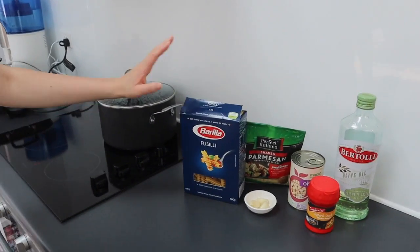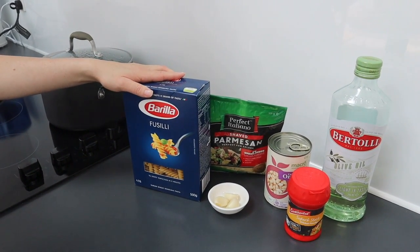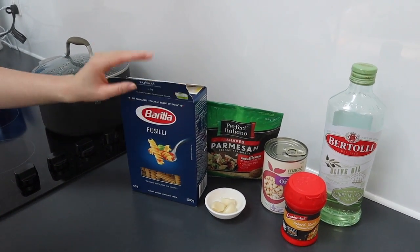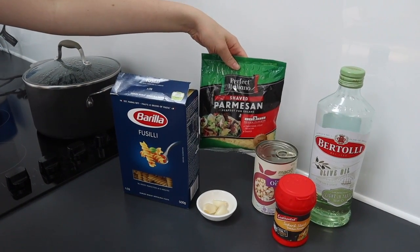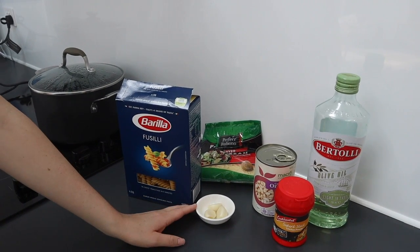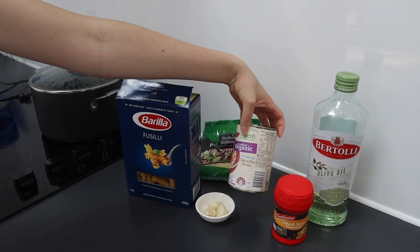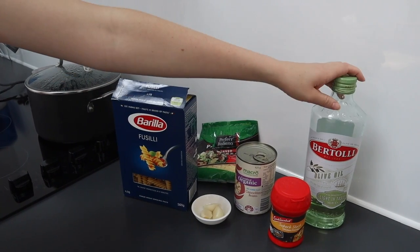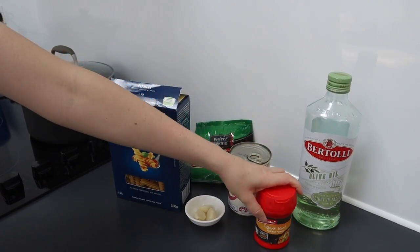So over here we have the pasta, and this is the only pasta that I had in my pantry, and it's the fusilli pasta. It's not the right one, but I think it should work. We also have some Parmesan cheese, and this is the shaved Parmesan. We have 3 cloves of garlic, and that's already in a little bowl there, ready to go. We also have a can of Cannellini beans. There's also some olive oil, and finally some stock, and it's powdered stock, so we're going to go ahead and